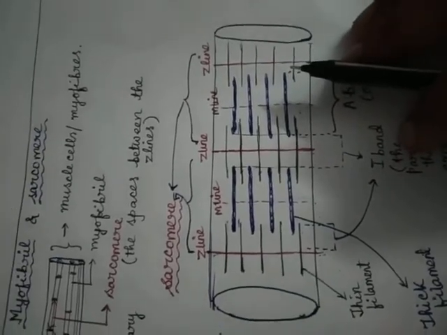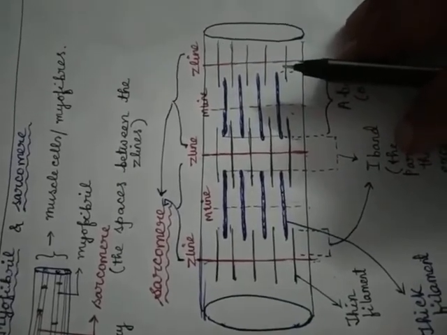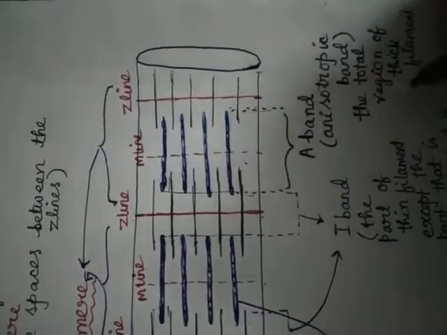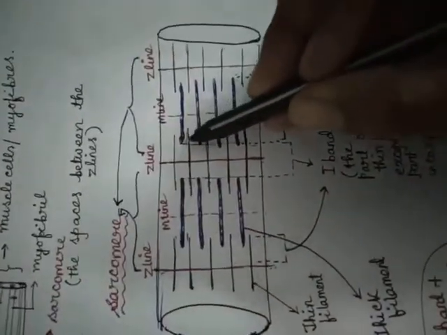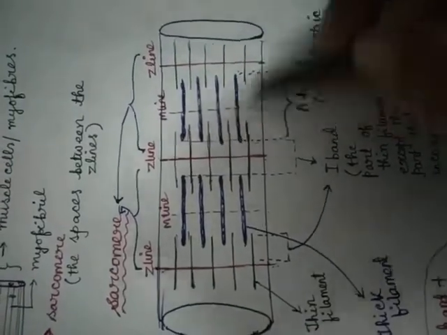How the thick filament and thin filaments are arranged within the myofibril. Okay. Now we have to learn some specific bands. See, these are the region up to which the thick filaments are arranged, means from this region to this region. This is called the A band or anisotropic band, means the total region of thick filament. Again this total is called A band. Here I have not marked, but this is also A band. Means this entire region only. Okay, this is called A band.